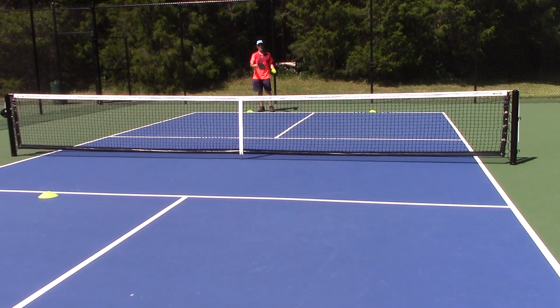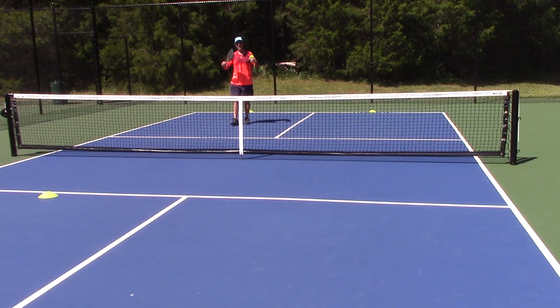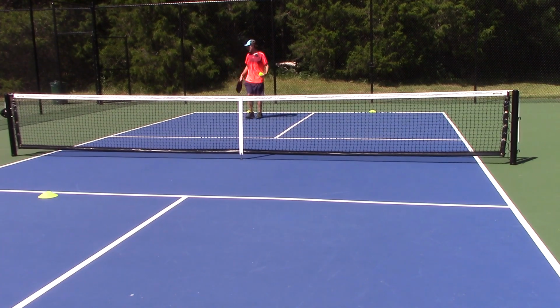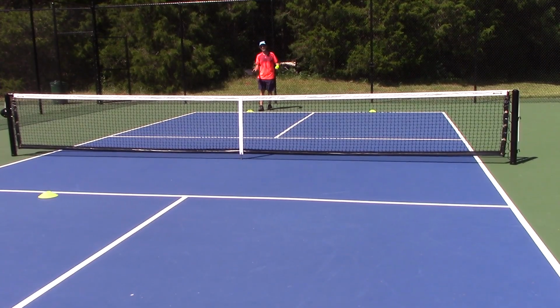Then their shot, which is the second shot, once it bounces in our court, we're allowed to move forward, but we have to move forward cautiously because we'll have two players at the net. If we move forward and the ball is up high, they're probably going to hit either down at our feet or into our body, and we're not going to be able to receive that ball very well. So we need to stay back on the third shot and play it out until we get an opportunity to